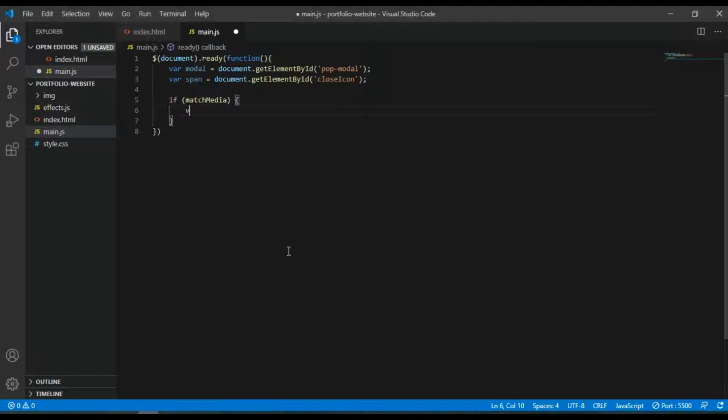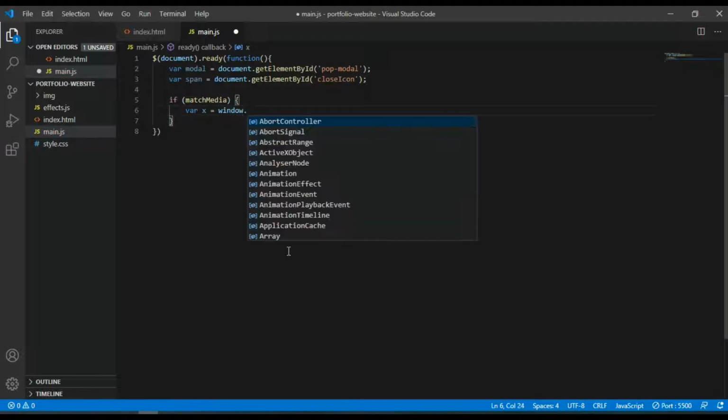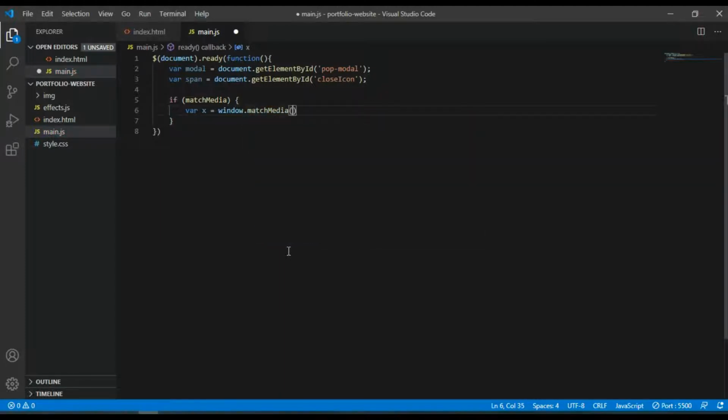So the media now, I'm going to create a variable here: var x equal to window.matchMedia. So now I'm going to pass the media query which I want to use. So in this case I'm going to use max-width.